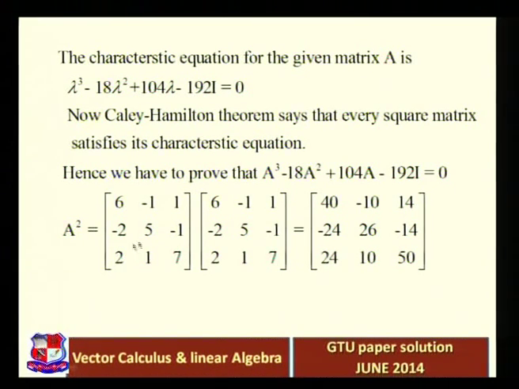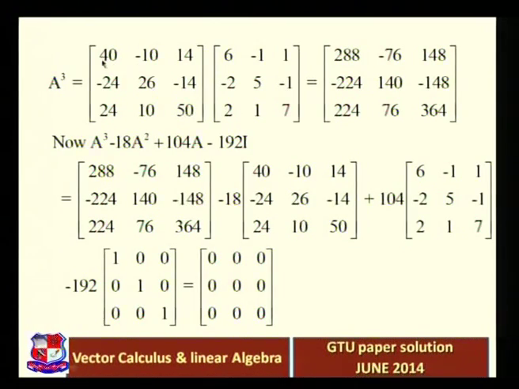Now pick up the second row of the first matrix and multiply with each column, and then pick up the third row and multiply with each column of the second matrix. So finally you will get all the elements of A square, right? Similarly we can find A cube, that is A square into A. This is exactly the value of A square, and this is A. So again we multiply these two matrices easily, as I explained. You can also use the scientific calculator in your examination,